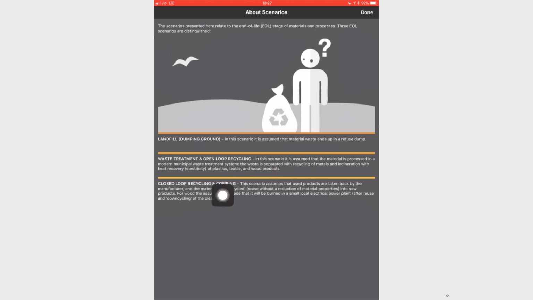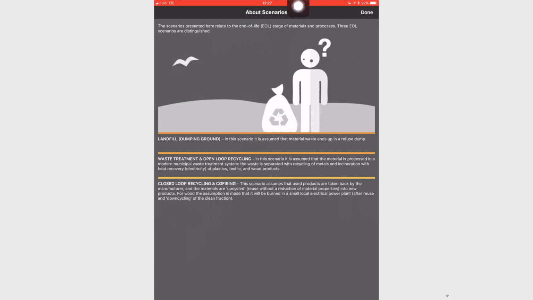The closed loop recycling and co-firing, this scenario assumes that used products are taken back by the manufacturer and the materials are upcycled, that is reused without a reduction of material properties into new products. For wood, the assumption is made that it will be burned in a small local electrical power plant after reuse and downcycling of the clean fraction.